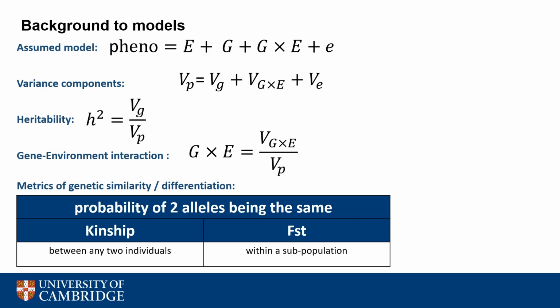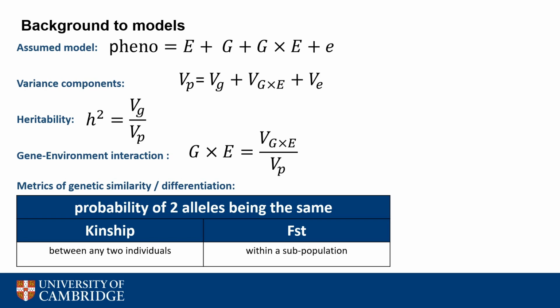Speaking of which, we have two metrics of genetic similarity and differentiation. These two very closely related quantities are FST and kinship. These have many definitions, but the one I prefer is to think of them as probabilities of allele sharing. Kinship is then allele sharing between any two individuals, whereas FST, or fixation index, is the same for the special scenario when comparing individuals in subpopulations. This makes kinship a metric of similarity and FST a metric of difference. The lower the FST is across two different populations, the higher the kinship is and the more similar individuals are expected to be.